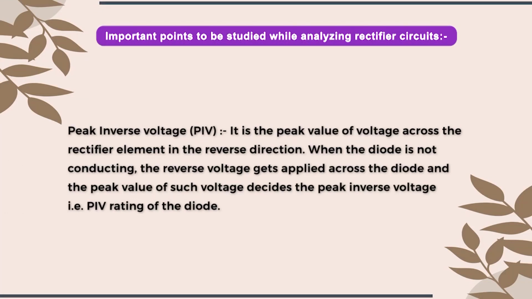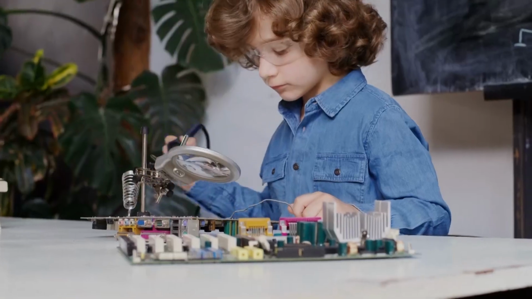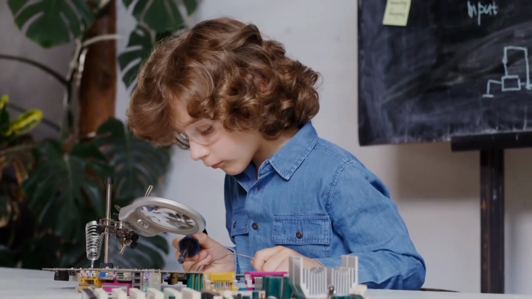It is the peak value of voltage across the rectifier element in the reverse direction. When the diode is not conducting, the reverse voltage gets applied across the diode, and the peak value of such voltage decides the peak inverse voltage, that is the PIV rating of the diode. As we all know, the diode blocks the current in the opposite direction, or we can say that when the diode is reverse biased,